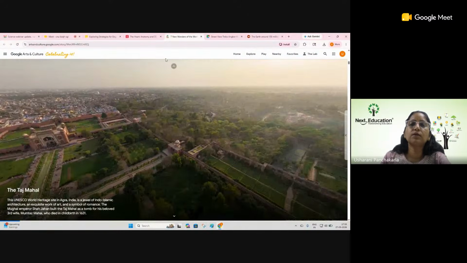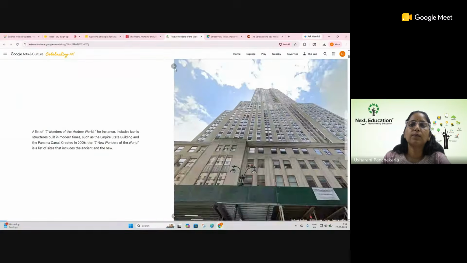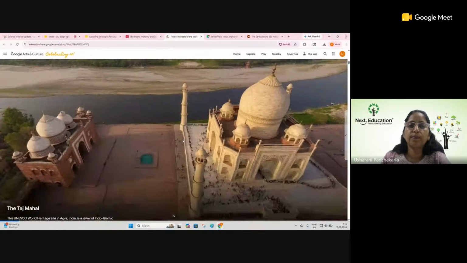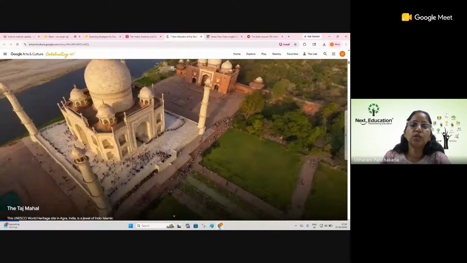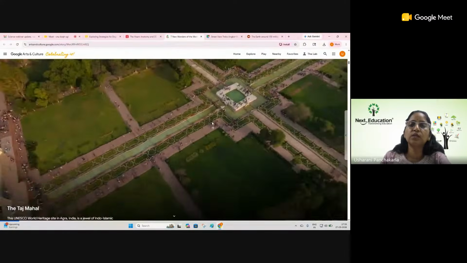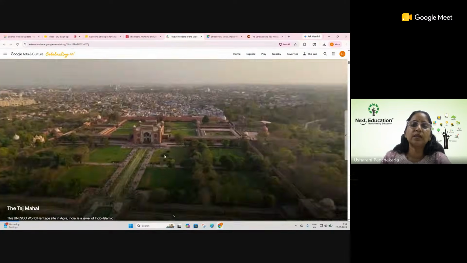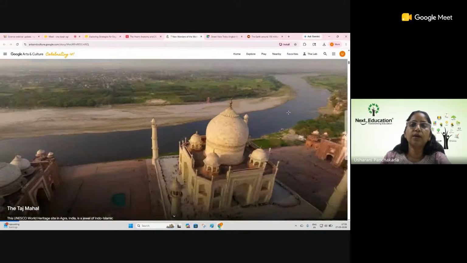Right, so this is how a complete 360-degree view of this monument can be seen, and any heritage center this way.